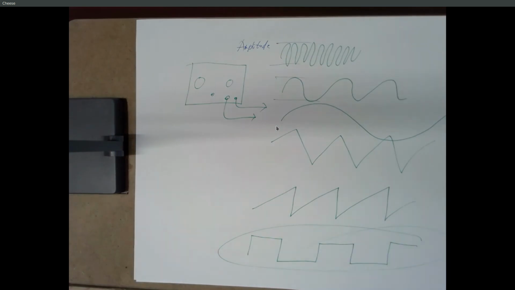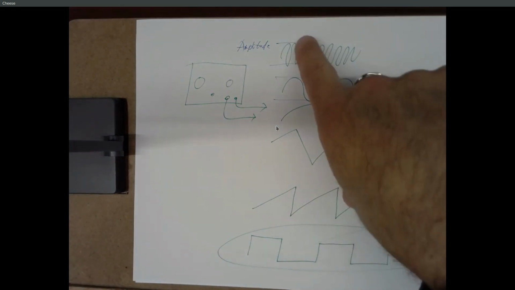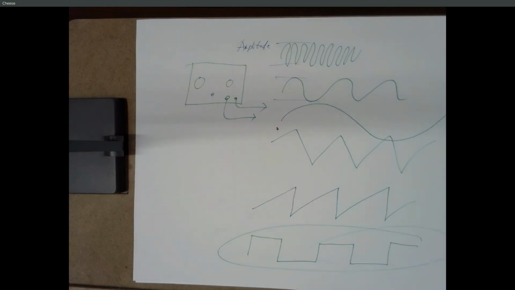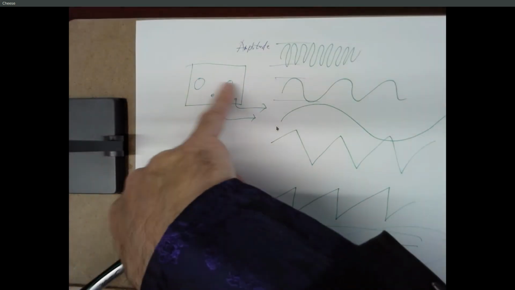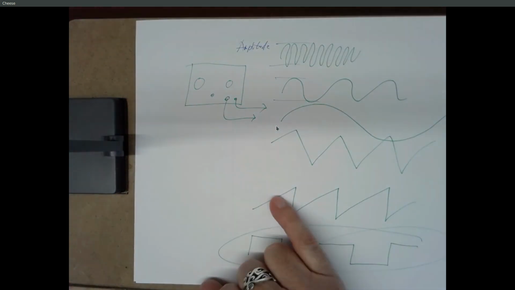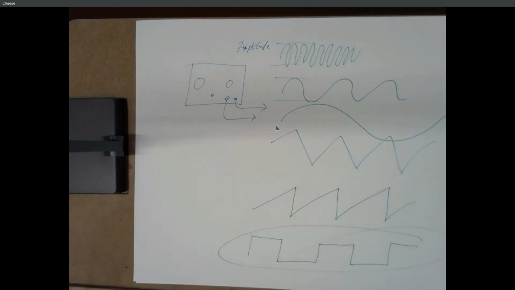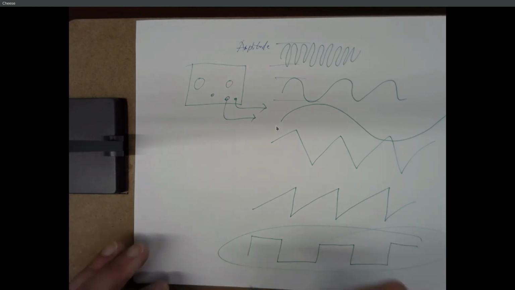So amplitude is how big the waveform is, how tall it is, how much it changes between the highest voltage and the lowest voltage, completely independent of frequency. And you can adjust the amplitude with this function generator, you can adjust the frequency. There's a thing called DC offset, but I don't think it's adjustable on the function generator, so don't worry about it. DC offset basically says